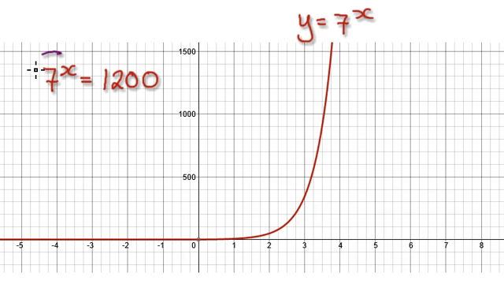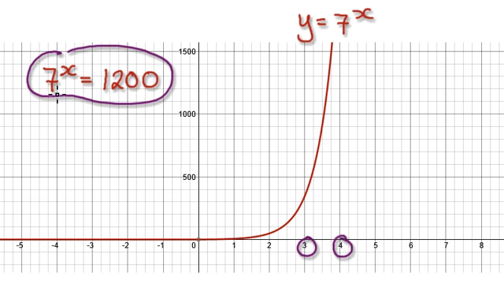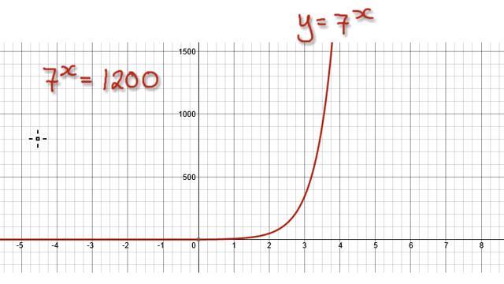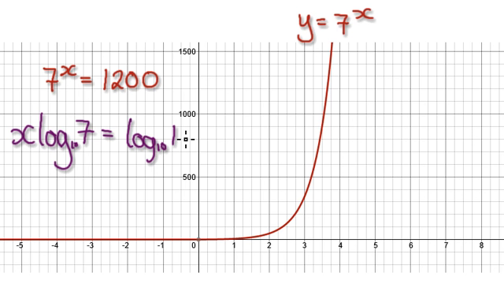So try to solve this on your own here, and the answer should be between 3 and 4. So when given this here, log both sides, so that will then give you log, well to the base 10, but you don't need to put that 10 in there. And then log base 10, but you don't need to put the 10 in there. So that will then give you this, and then get x on its own. So divide both sides by log 7. So x equals log